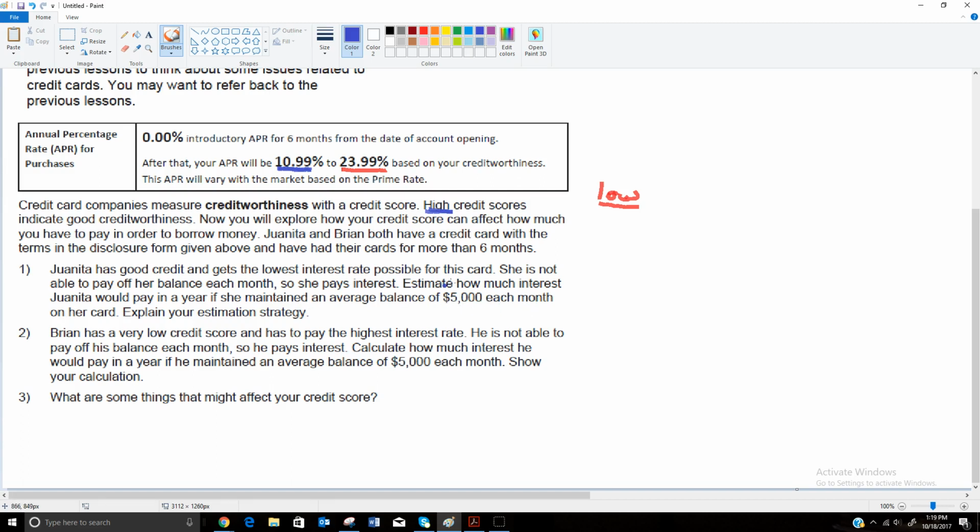Now again, it's hard to maintain exactly a $5,000 balance, but we're going to make it mathematically just a little bit easier so we can explore it and not have to deal with some of the nuances that are kind of difficult. We're just going to say, assume that she can pay down, so there's a $5,000 balance and she's just paying interest on that $5,000. So how much would she have to pay? Well, it says for now, they just want us to estimate it. So if we're estimating that, we've got $5,000, and that's at